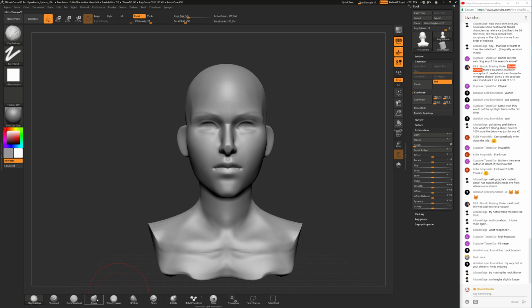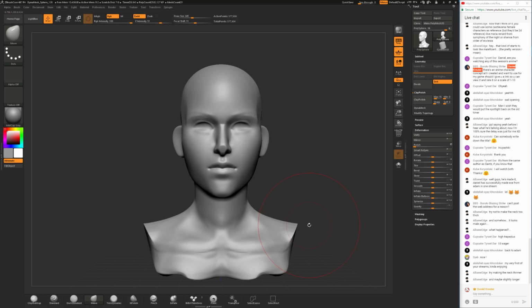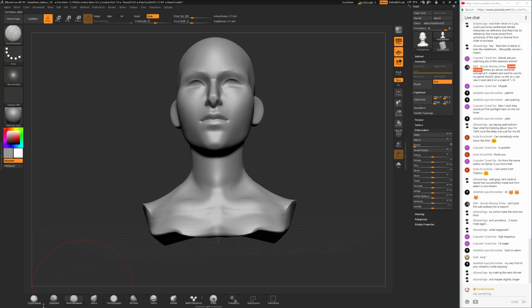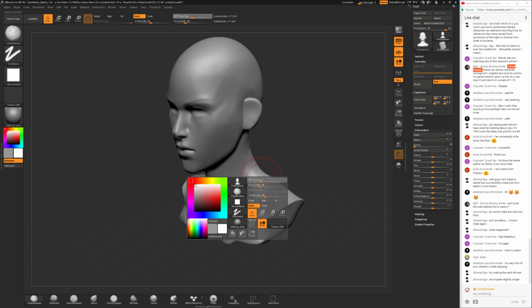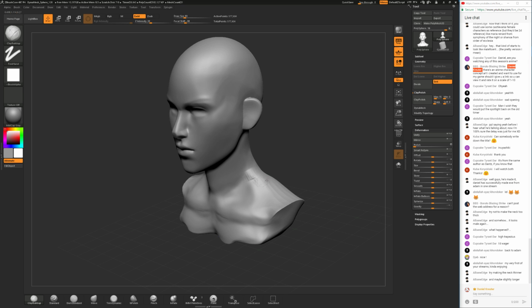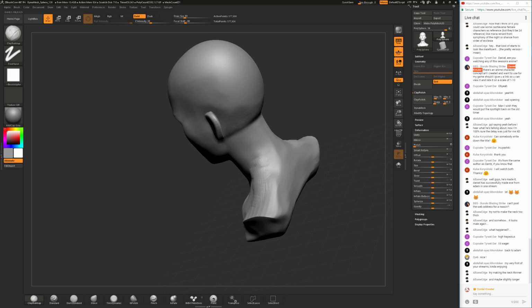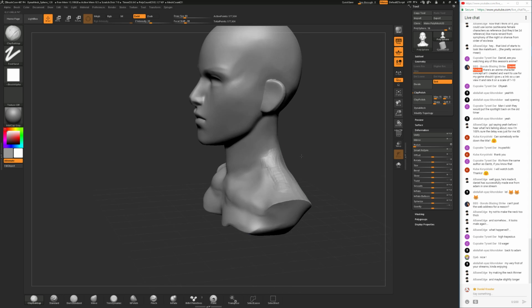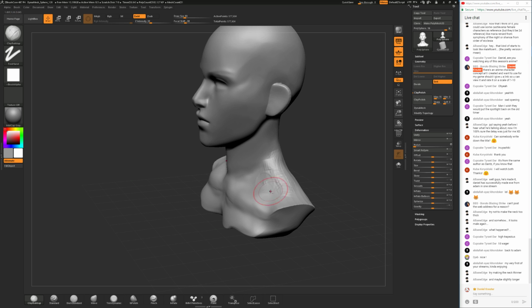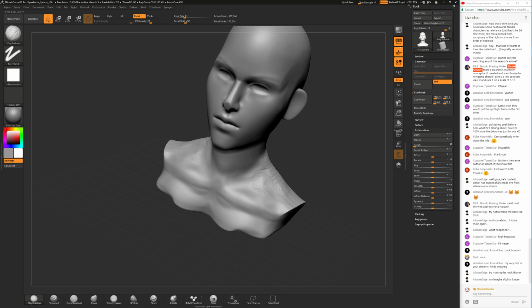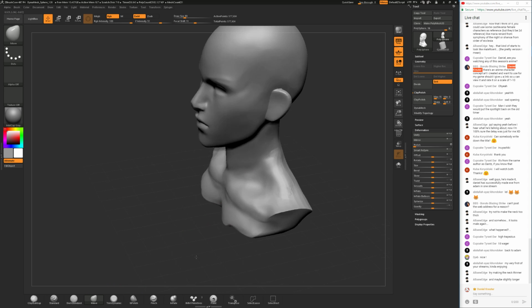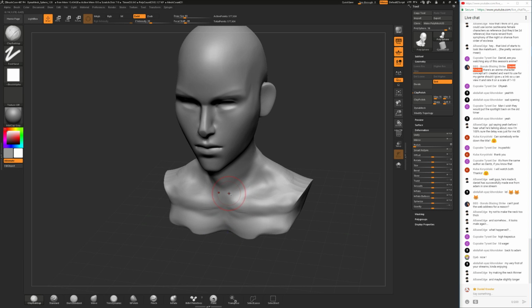Thinner and longer neck. Sure, let me try that. Still a bit hesitant of doing it too much. And I actually haven't really studied yet the anatomy of the neck region and the back. So in this area I'm mostly guessing my way through it based on all the things that I see.